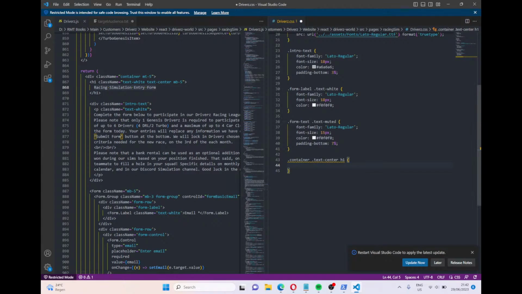Alright, so we called H1 there. And then what we just do is we're going to go color. And I like this white, F0F0F0. So we're going to do that. Then we'll go over here and we'll make our font size to be like 42 pixels. And then